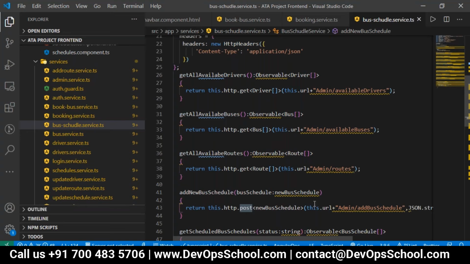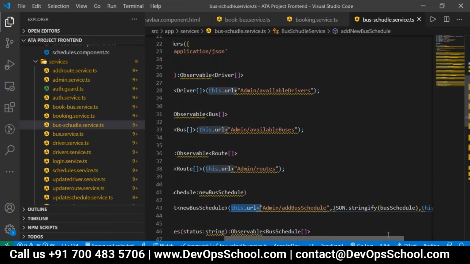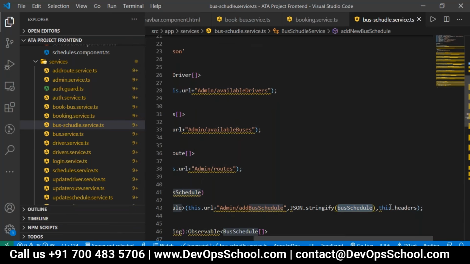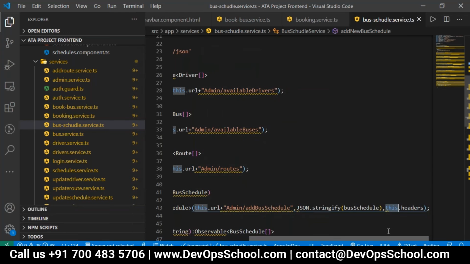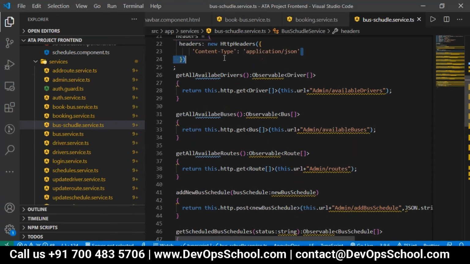For this post method, we send a URL, and with the URL we send the object, which is converted into a string: JSON.stringify of bus schedule. We send the header because we have to mention which type of data will be exchanged, XML or other. So the content type is application/json. Like this we can construct it.